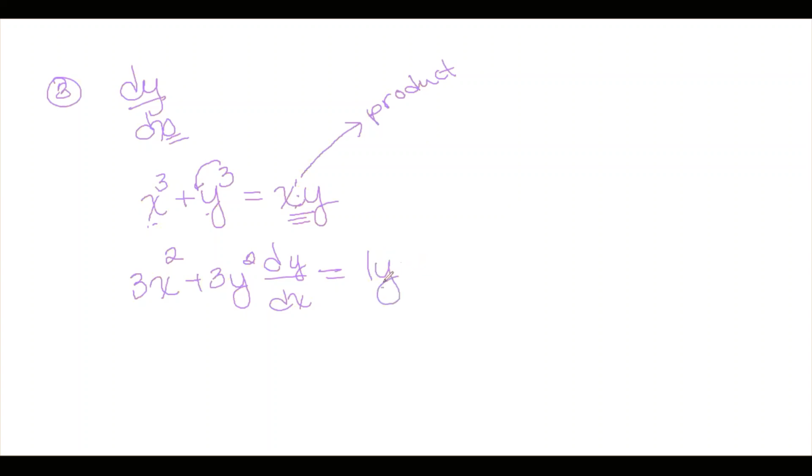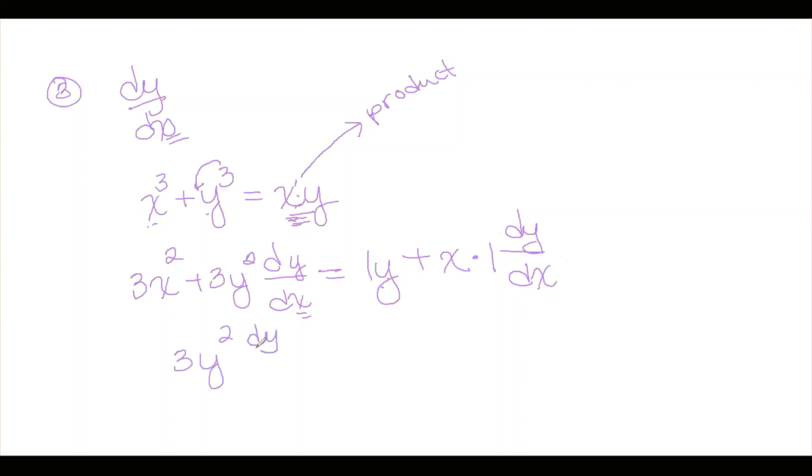And then I'll multiply it. So you take the derivative of the first, times the second. Then you add, and you leave the first alone, times the derivative of the other side. So that's going to be leave this alone. The derivative of y to the first is just 1, but I still have to take dy/dx, because I'm taking the derivative with respect to x. So then that's just going to give me